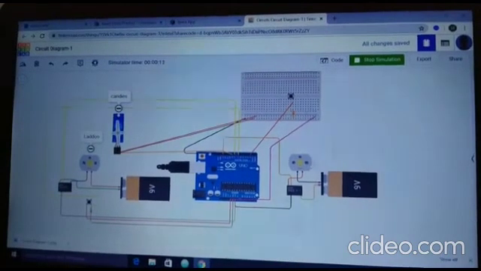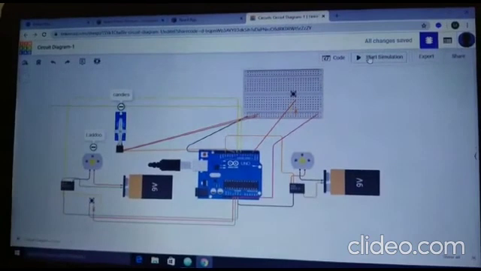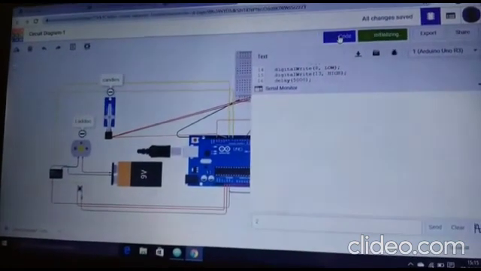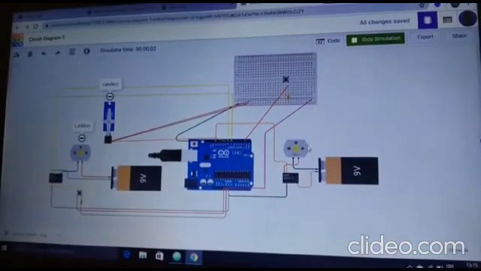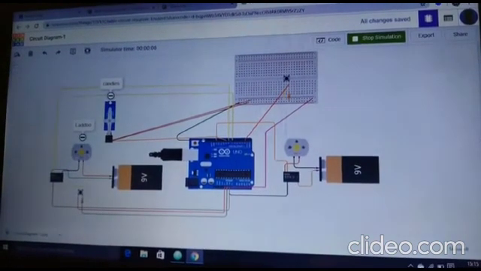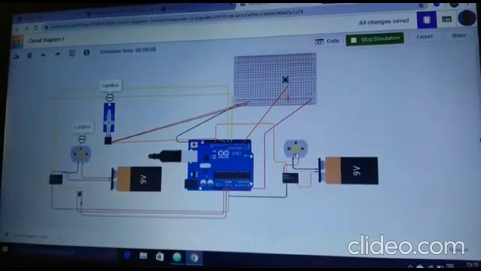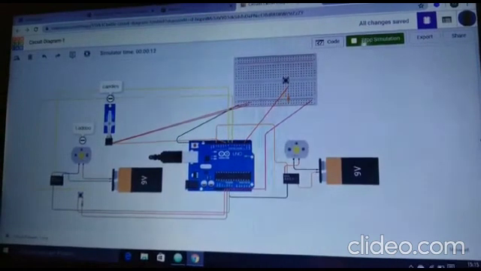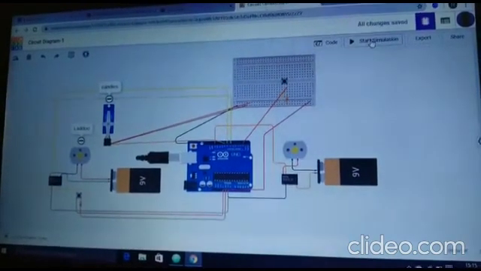This indicates process completion. If the user input is 2, this motor rotates for 5 seconds. Now this motor rotates, and after that this motor rotates for another 2 seconds. This motor stops and this indicates the process completion.